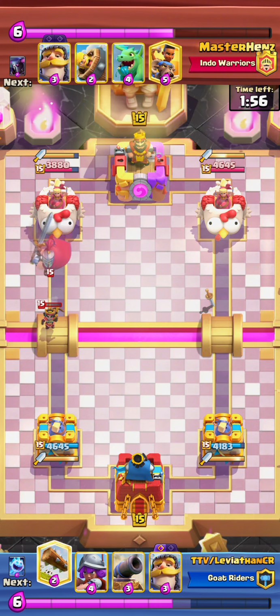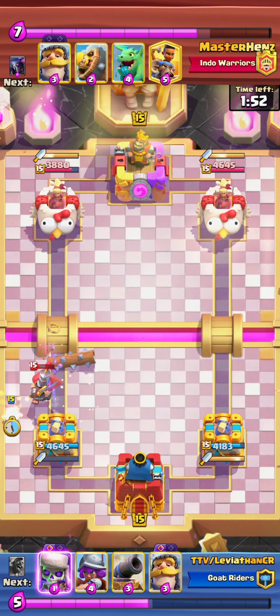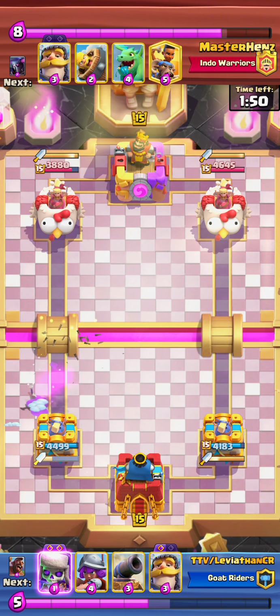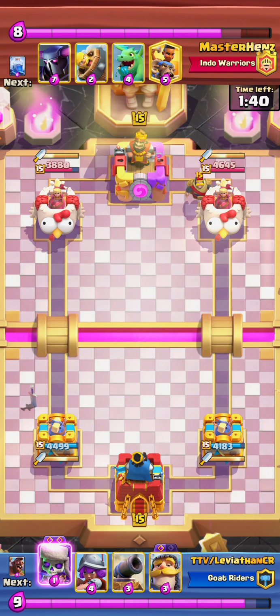So, I don't know why he went Little Prince ability. To be honest, I don't think it was a good ability. But I guess it forced out a Log and Ice Spirit, so maybe it's not too bad. He goes Knight in the back. I think I just respond with a Knight of my own. I'm down a little bit, it seems, but...